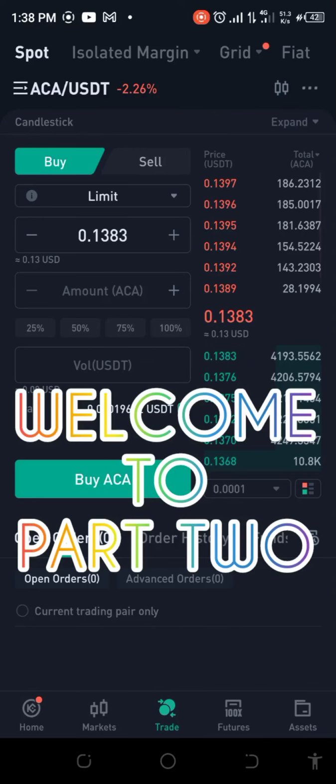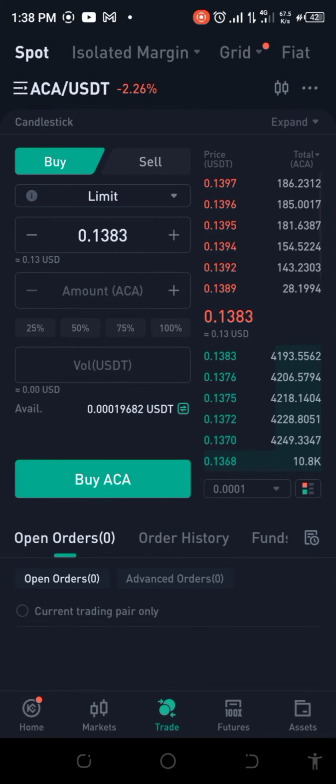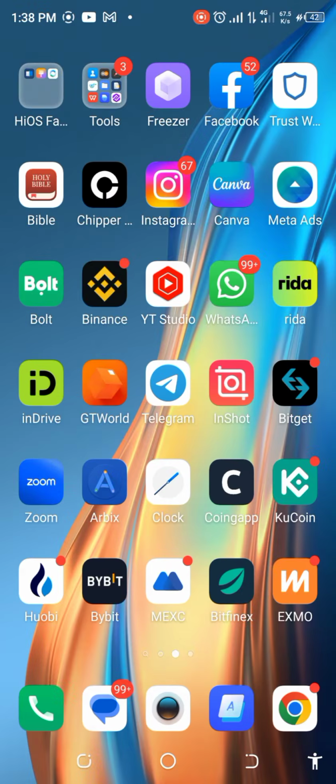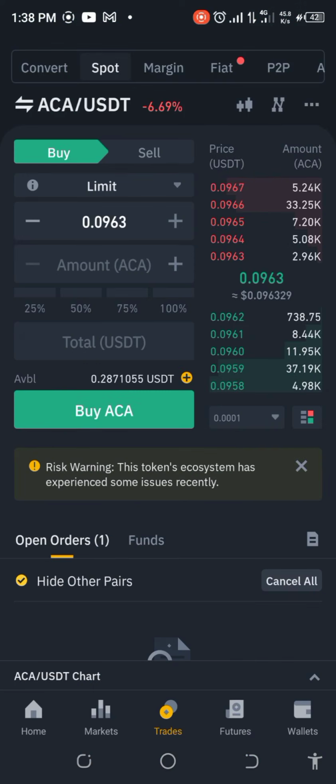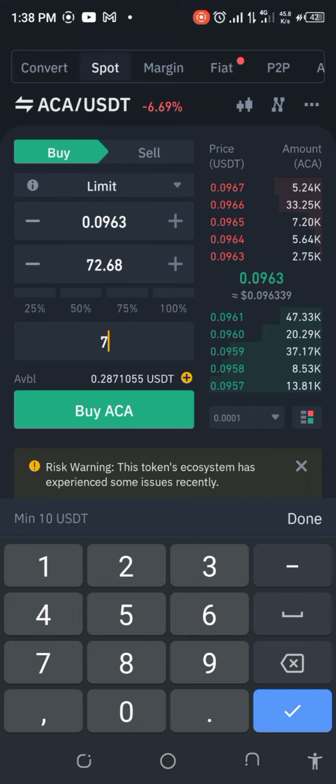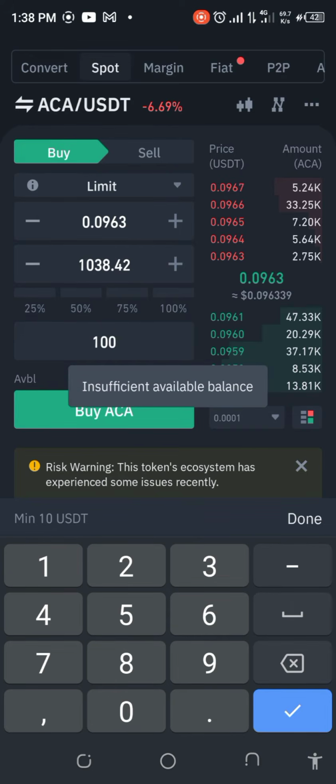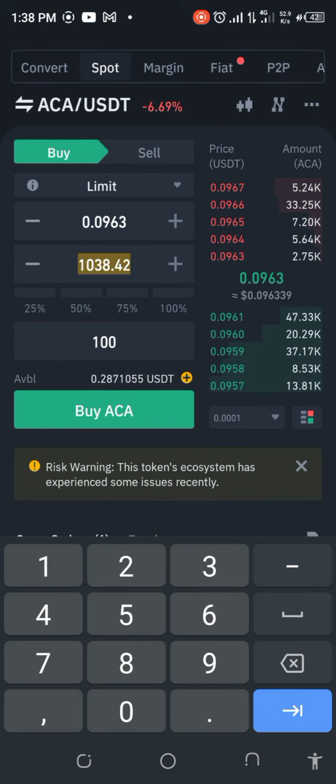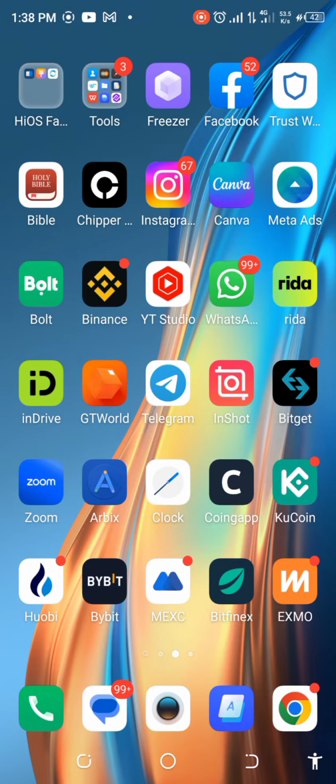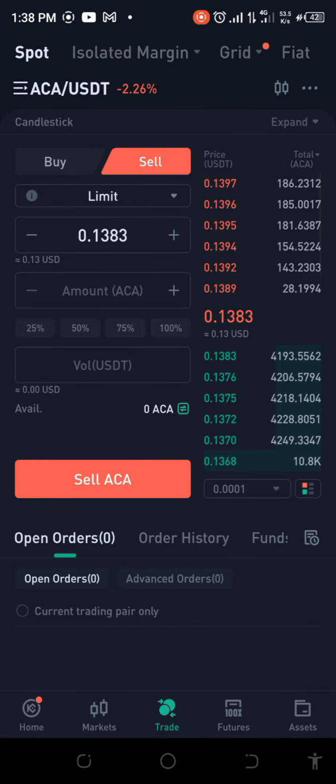Look at this. This is 13 cents. So let's do a quick simulation of this and see exactly what happens. If I put in $100, and the reason I'm using $100 is so we can see the profit potential very quickly. So I put in $100 and cut that out, I go all the way to KuCoin and then I click on sell.